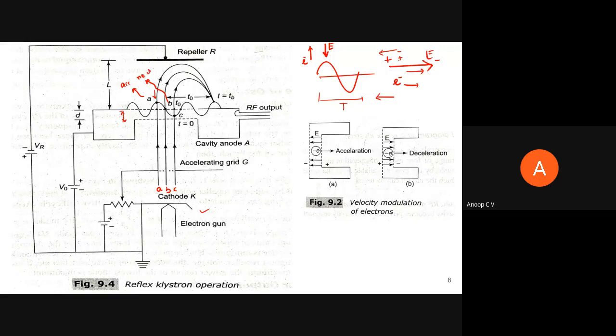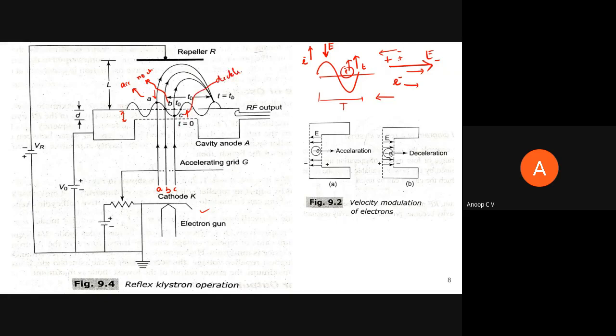No change, right? But electron C, you can see it is passing the grid space when there is a negative peak. Negative peak means the electric field will be in the upward direction. So the electric field is upward and the electron is also moving upward. So what will happen? This electron will be decelerated, right? Electron C will be